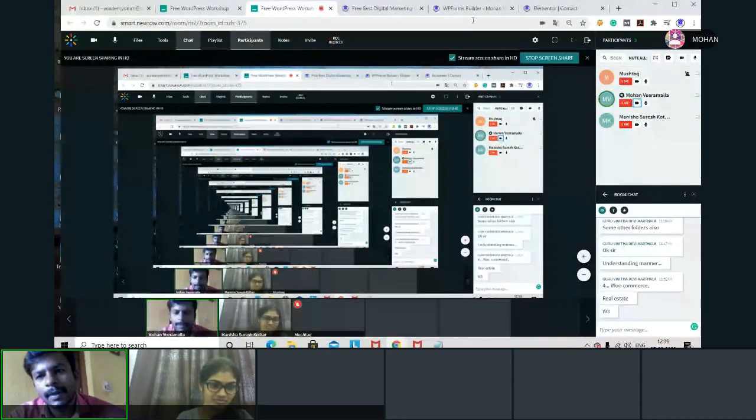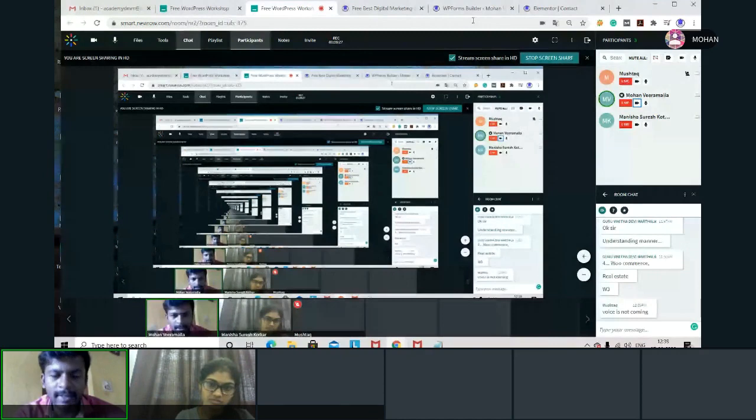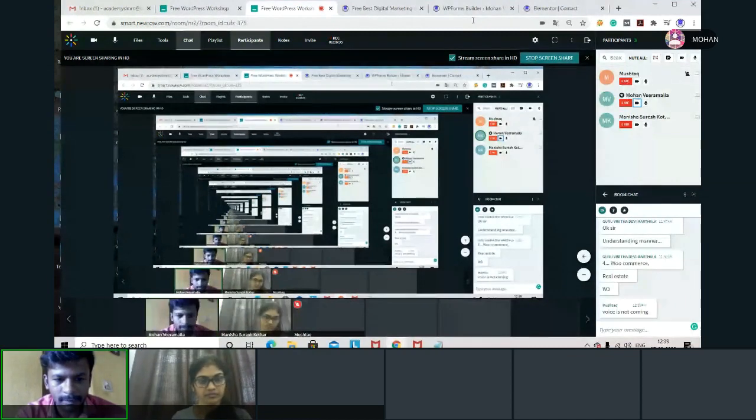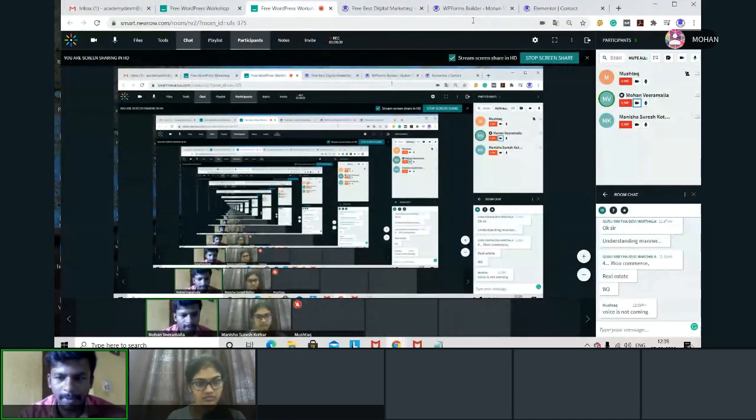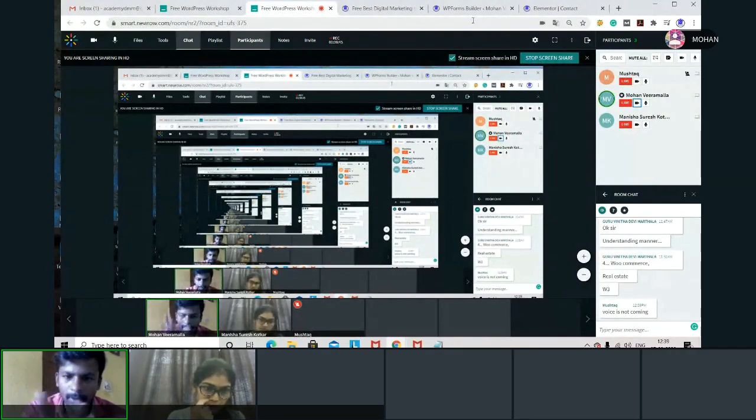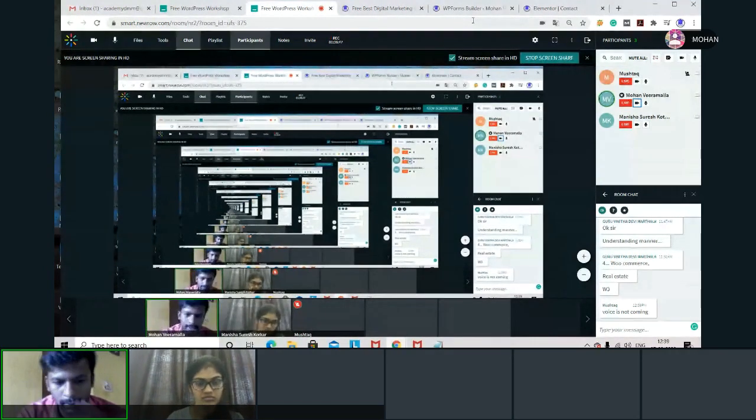So tomorrow what we'll do, I'll create a separate page. I'll use maximum plugins and I'll create the page with Elementor. See, as of now the main part is the body. We designed the header, we designed the footer, we are perfect in that. We know how to create a contact form also. Now the main thing you have to learn is how to design the body of the page. That we'll learn tomorrow.